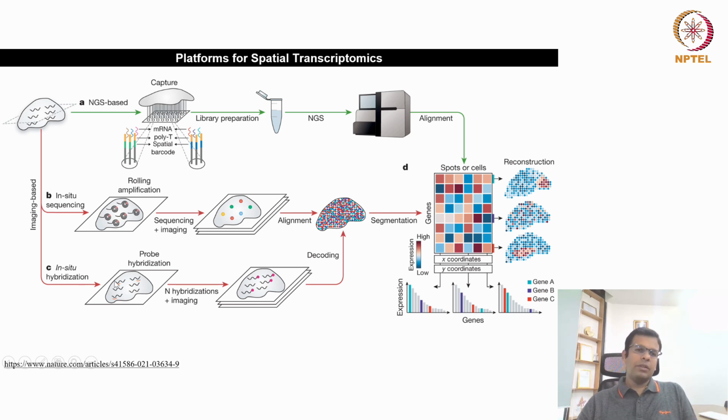Let's say these are the mRNA species produced in different areas of the tissue, and you can design fluorescent probes. Those fluorescent probes will bind to those mRNAs in the tissues, and then you can image the tissue sample and decode the information about the spatial mapping of gene expression. In today's lecture, we'll mostly focus on this third type of technology, that is in situ hybridization based and imaging based technologies. We won't discuss more about the NGS based analysis and the in situ sequencing analysis.